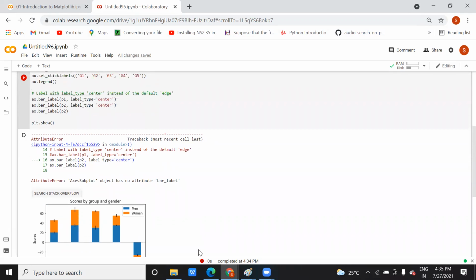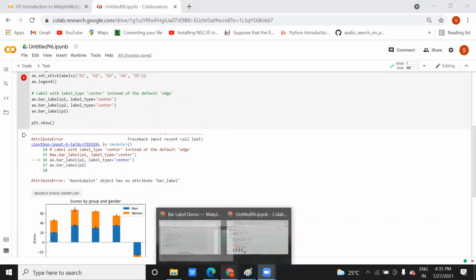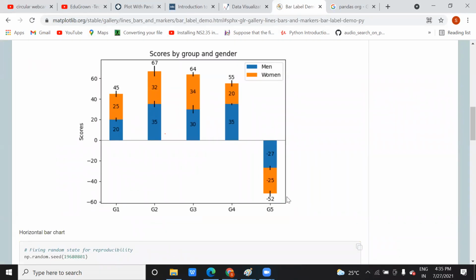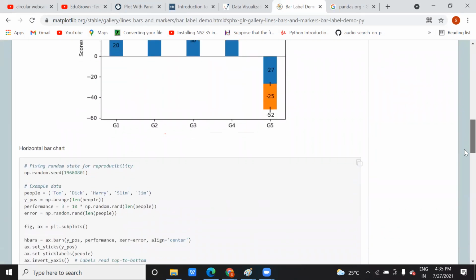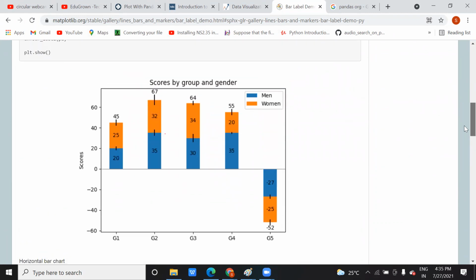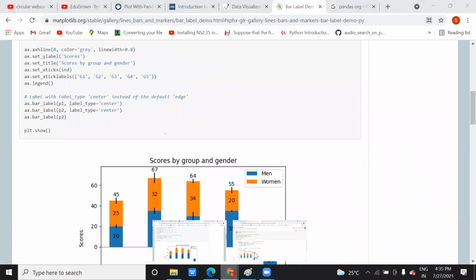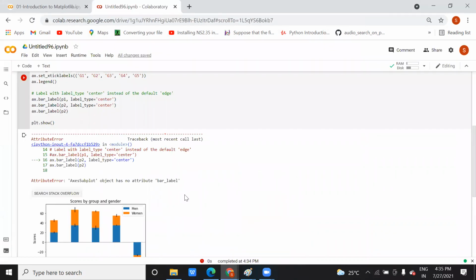Let me check whether the graph is appearing the same or different. Okay, the graph is the same, but the labels are not coming.